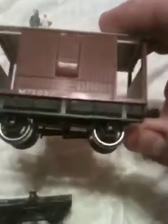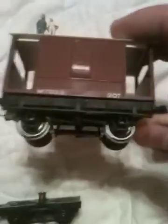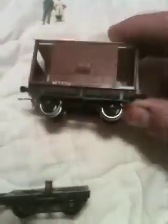Another one I bought was this brake van. Same problem, wheels riveted in. So actually, these are off a little Plymouth switcher, most likely. And I had to rework that whole mounting and chassis to put some normal size flange wheels on there. So yeah, that's my only warning: you've got to be careful on eBay about buying double O stuff, especially the real old stuff. The other problem I run into